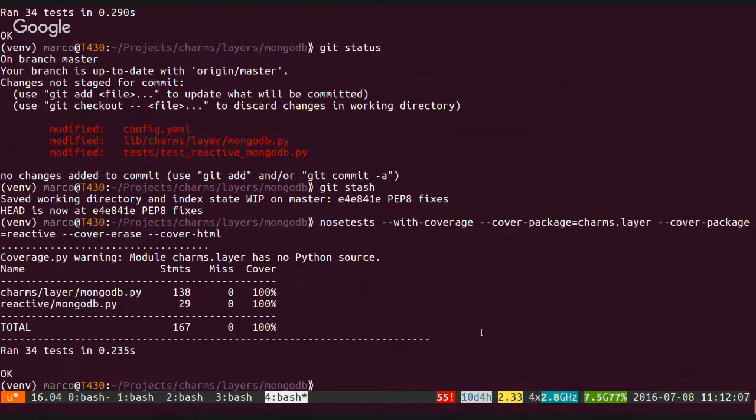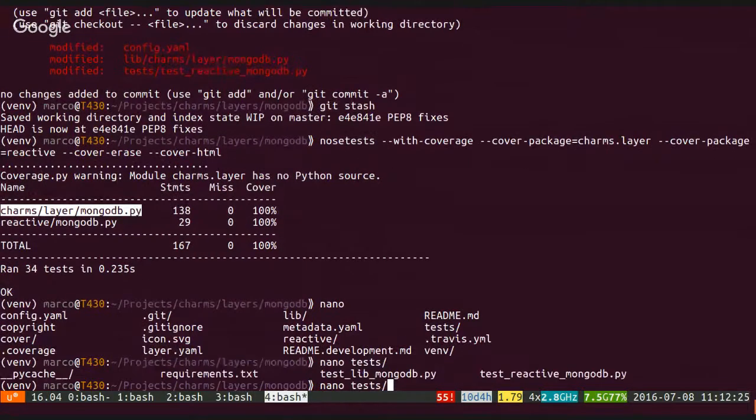And what I really tried to focus on was more the reactive side of things, considering that my charm MongoDB layer was really straightforward. It's just a set of classes to manage MongoDB. So I ended up overlapping a little bit with what you did. Let me open up my tests. I didn't do it nearly as nice as you,